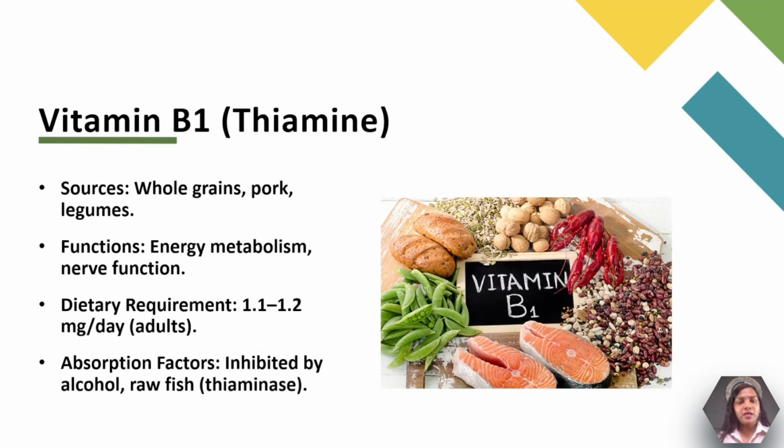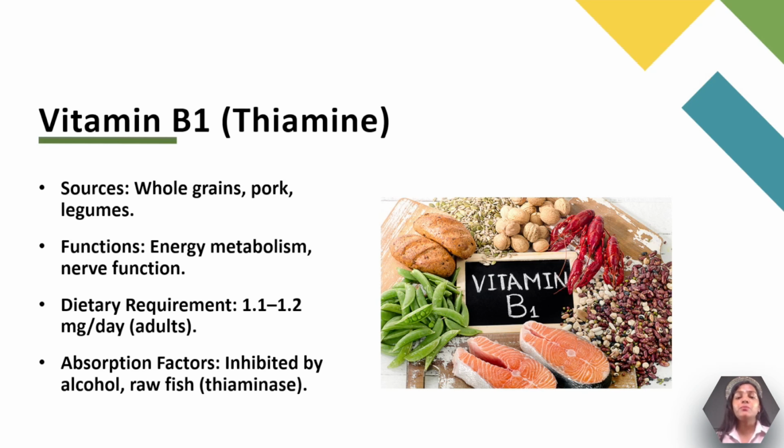Now, vitamin B1, that is a water soluble vitamin. So there are different sources which are available to fulfill the requirement, like whole grains, pork and legumes are rich sources of vitamin B1, and it helps in the energy metabolism and nerve function of the body. Like that, talking about the dietary requirements, it is only 1.1 to 1.2 milligram per day, and the absorption factor, it is inhibited by alcohol and raw fish. Like if we are taking alcohol and raw fish, in that condition it can hinder